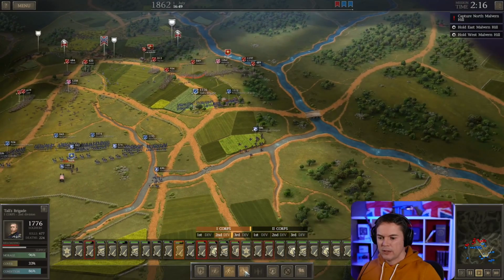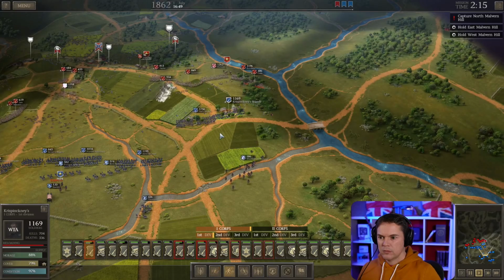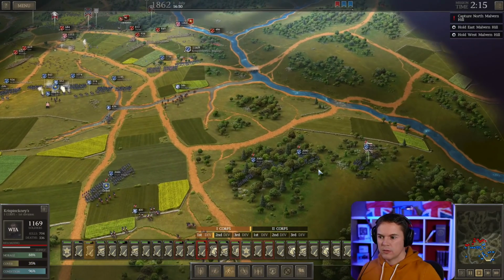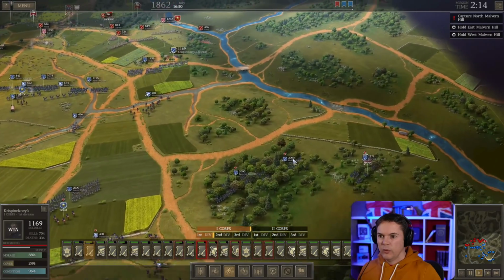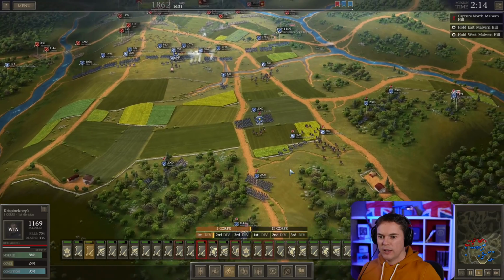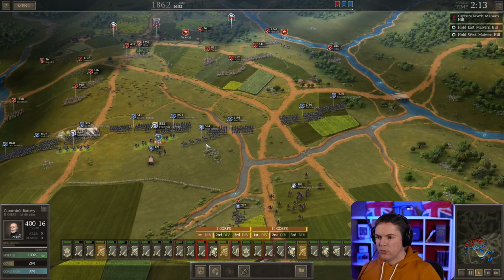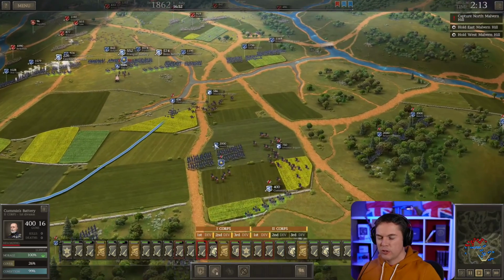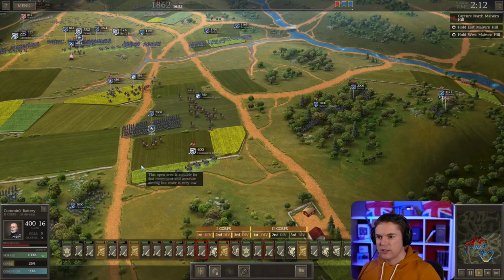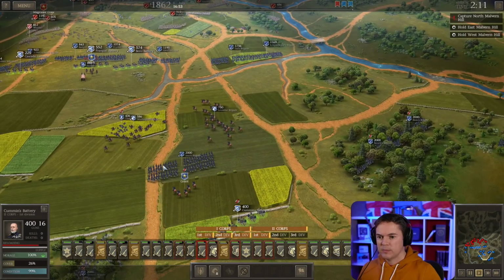Right, let's fall back. Get behind the river, I suppose. Where are we going to get the enemy in a nice big open position where we can just blow them away? That's the question. Let's bring all the artillery back now into a huge... I would like the protection of the trees, but at the same time...